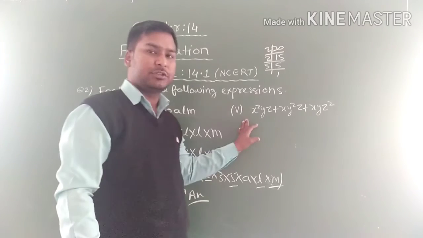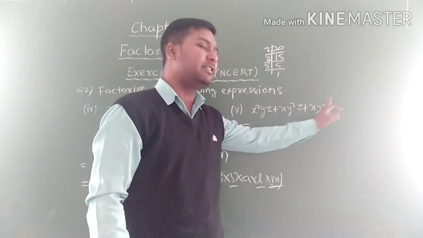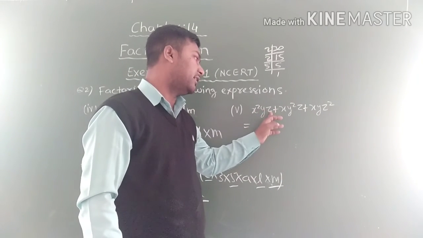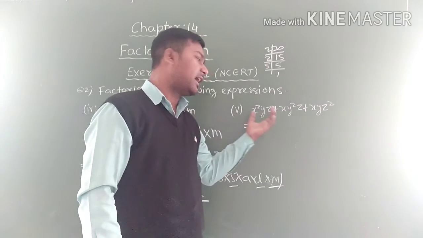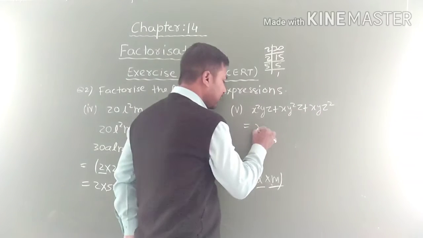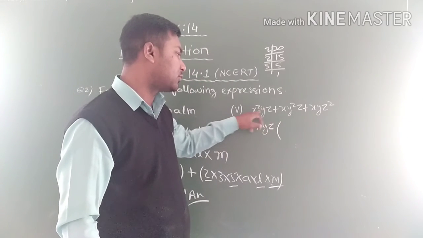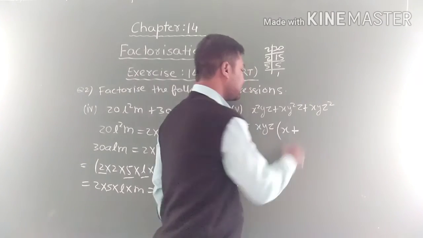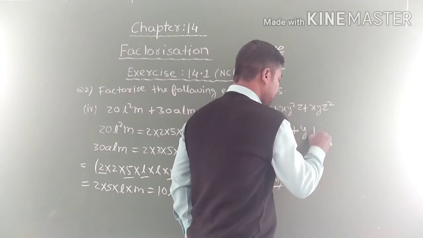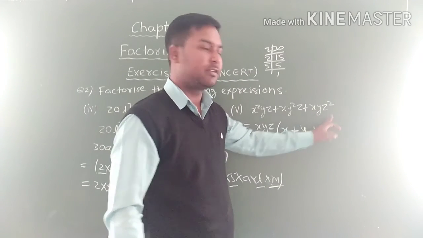Similarly, the fifth question, that is x square yz, xy square z and xyz square. So directly we can write what is common in these three terms: xyz is the term which is available in all three terms. So just take common xyz. What is left in the first term? xyz is common, so x is left. Plus xy square z, so y is left. Plus xyz square, so one z is left. So it will be z.